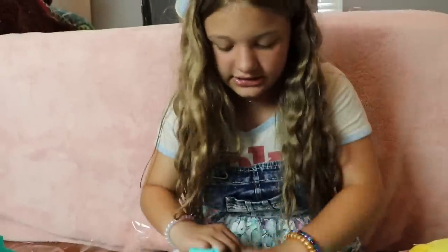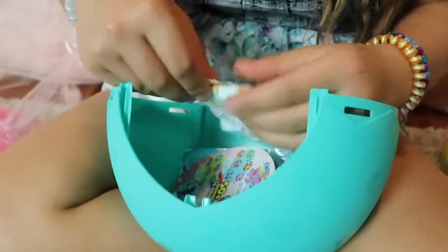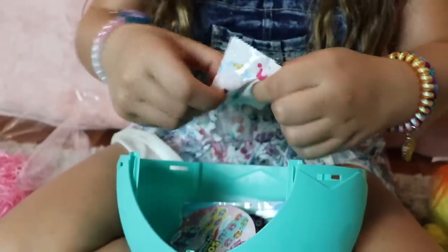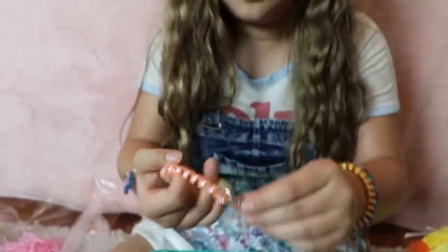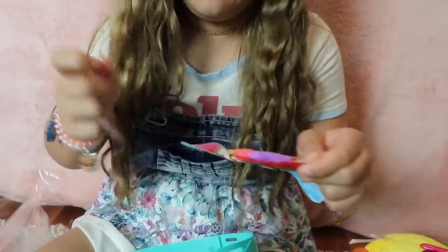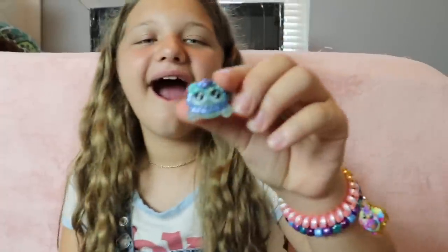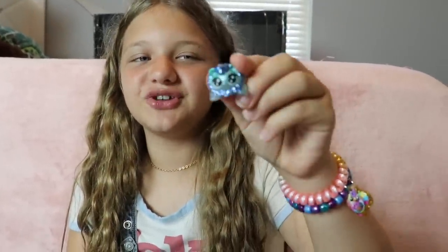All right, so let's see the little accessory. Got the little sticker, so pretty. All right. Ooh. Oh, this one's so pretty. All right. Now, I wonder if this slime's the same. I think all of them are the same. That's all right. It's so amazing to play with. All right, now let's see the boo-boo corn. So adorable. So cute. All right, so I think that's...